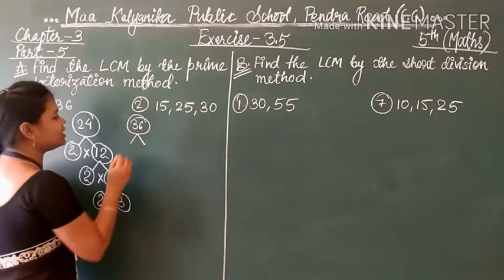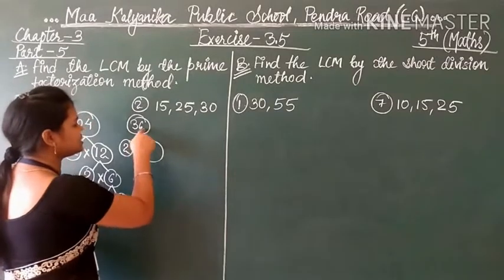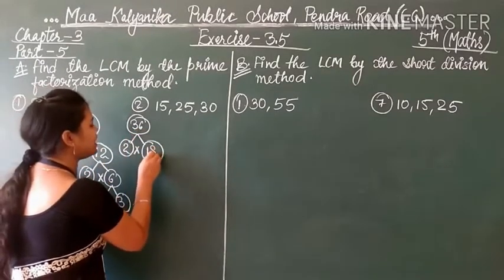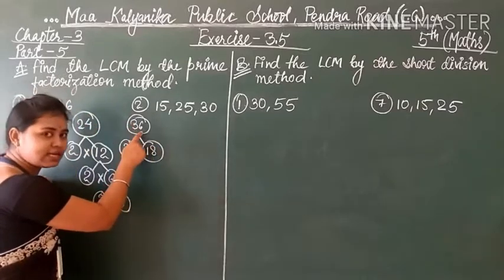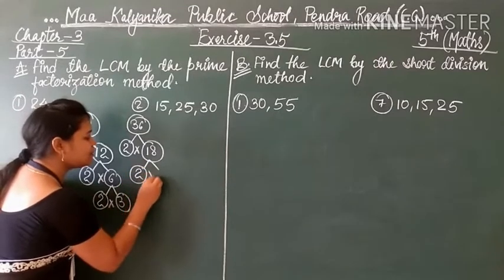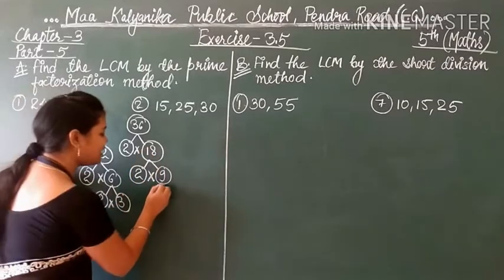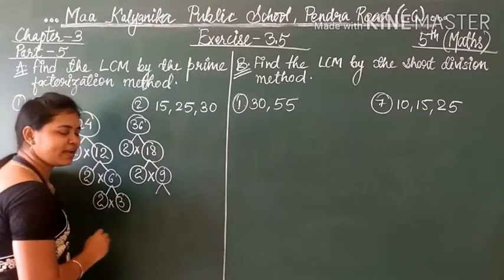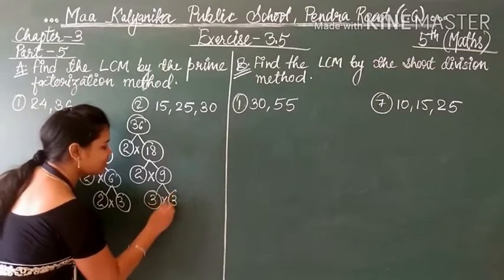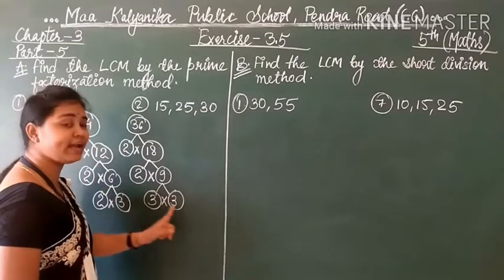So students, try to divide it by 2 first. Yes, it can be divided. So 2 ones are 2, 1 left, 16, 2 8s are 16. So 2 18s are 36. Okay students, now see here 2 multiplied by 9. 2 9s are 18. Yes or no? And 9, table of 2 or 3? Answer 3. Very good. 3 3s are 9. So we have received the prime factors as 2, 2, 3 and 3.